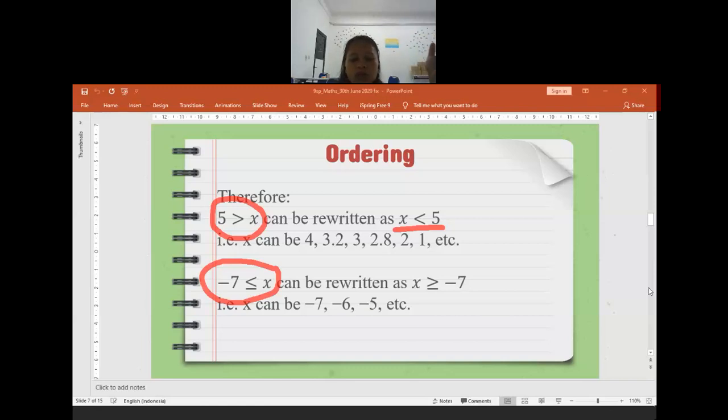It's always easier to read when the x is on the left side, because 5 bigger than x, if I have to think what number can satisfy that inequality, sometimes it will make us get confused, but it will be easier if I say as x is less than 5. Oh, so I need to find any number that is less than 5. But when I read 5 is bigger than x, sometimes our brain needs more time to load to find the number. That's why it's better for us to make the x on the left side.